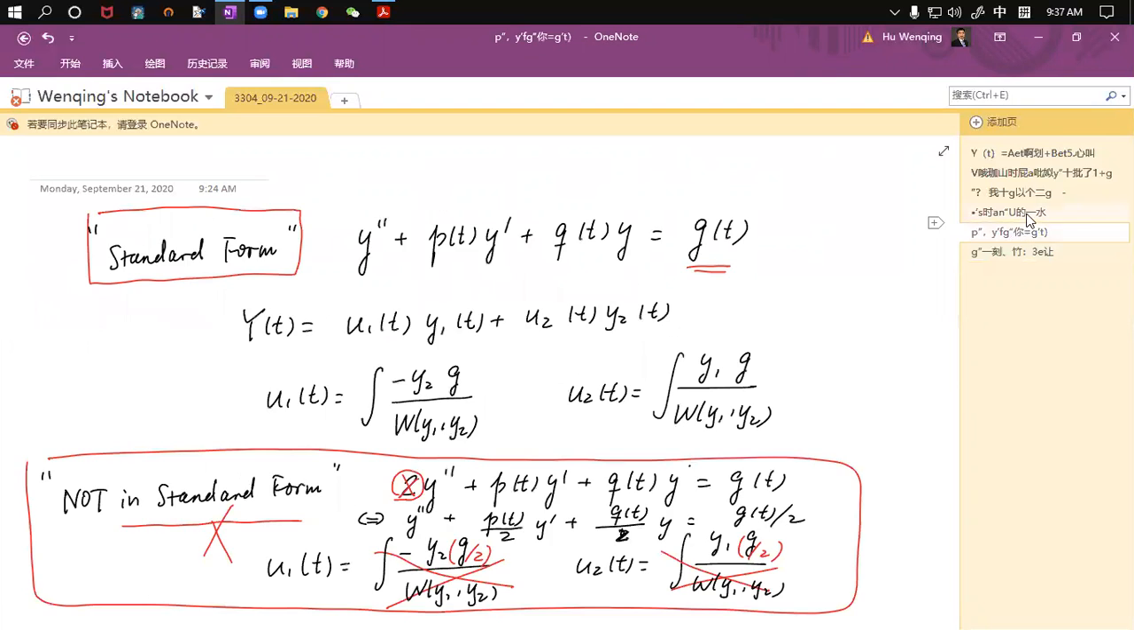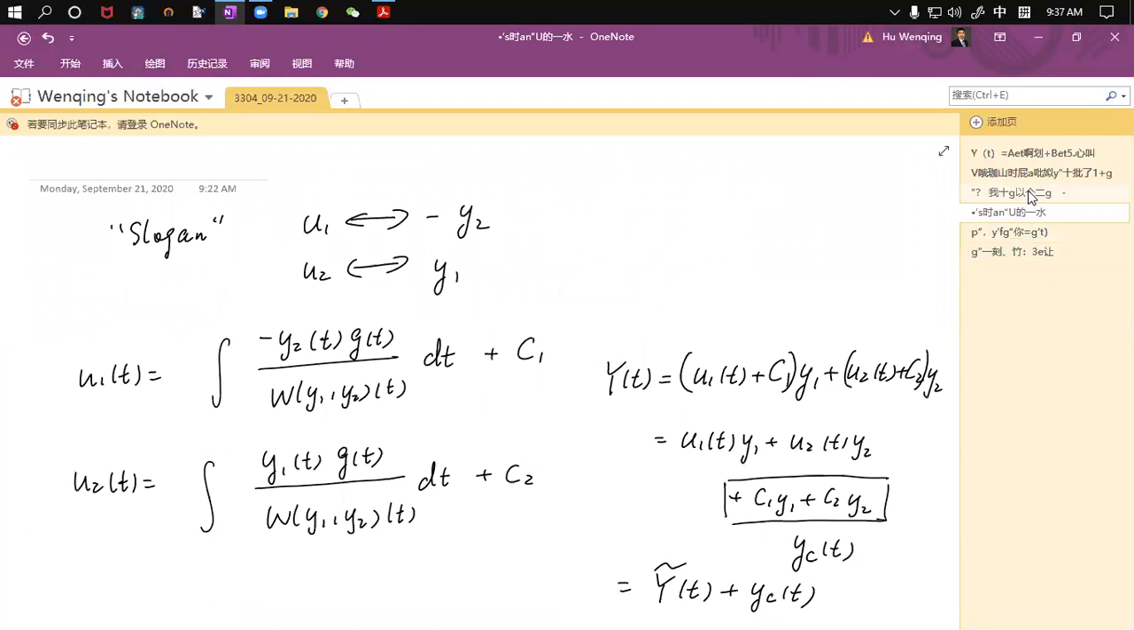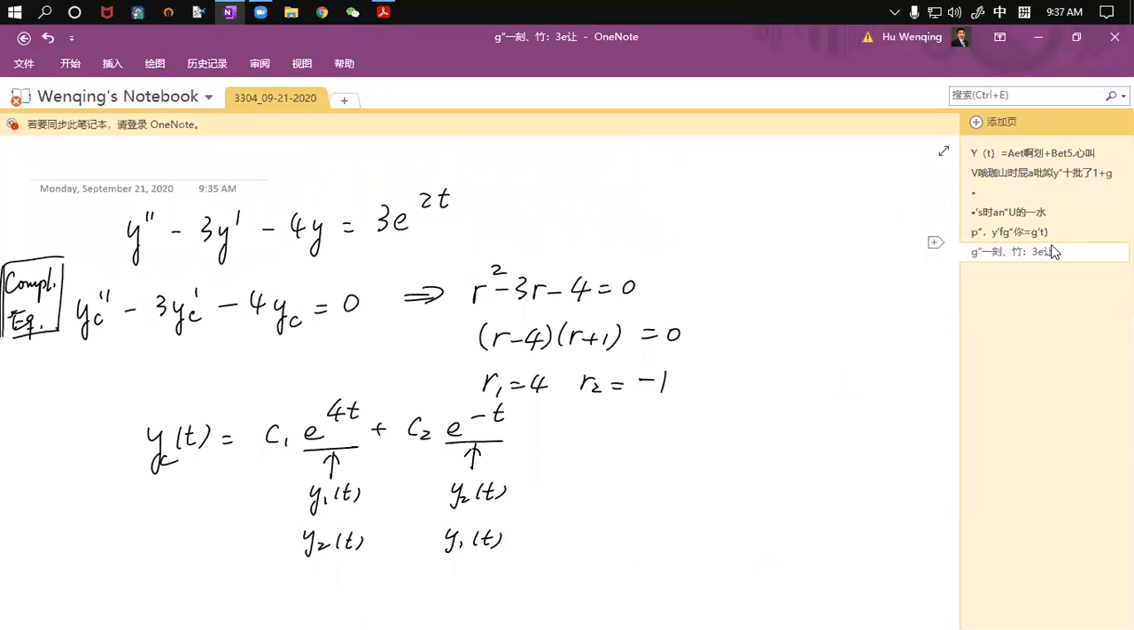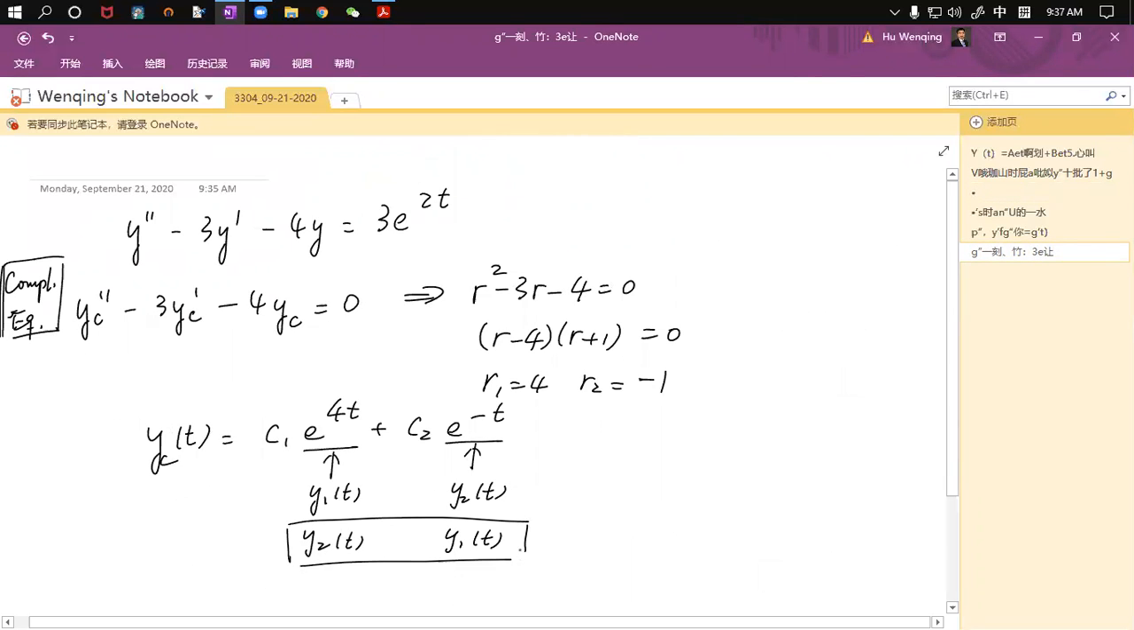Well, if you do that, it doesn't quite matter, because if you switch the y1, y2, then you're going to switch the u1, u2 too, right? So that means your solution won't change. It's just that the labeling of 1 and 2 is going to switch. So what I'm trying to convey here is my tip for your exam: stick